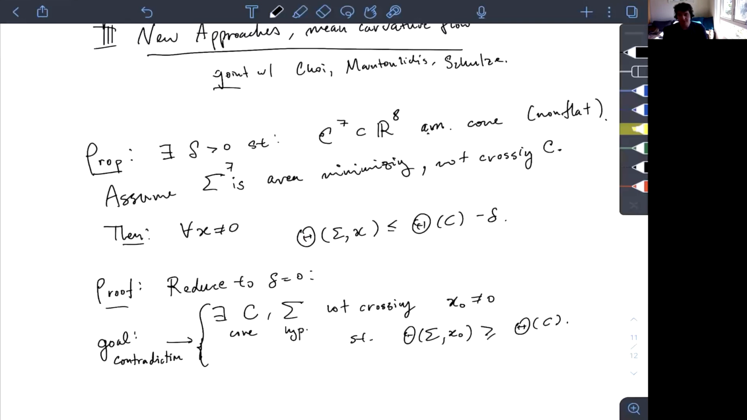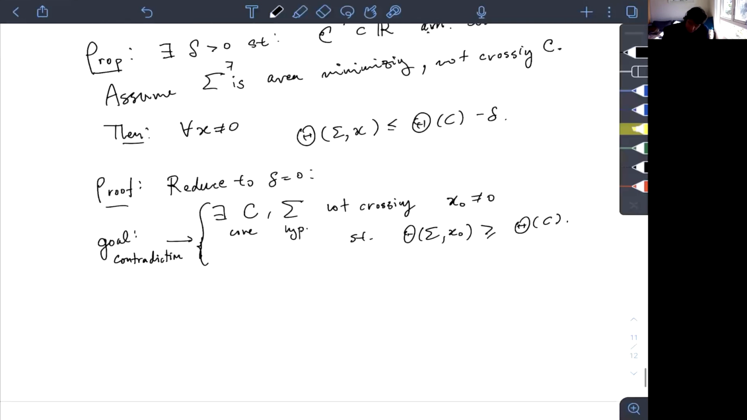All right. So the first step, let me draw a picture. So here's the cone C. This is a cone C, and we have this minimal surface sigma on one side of the cone. We have a point x naught, where the density is at least the density of the cone. And so the first step is to consider any tangent cone